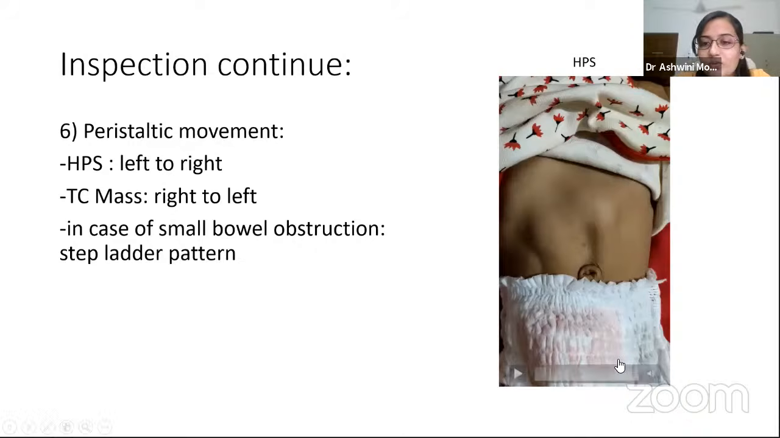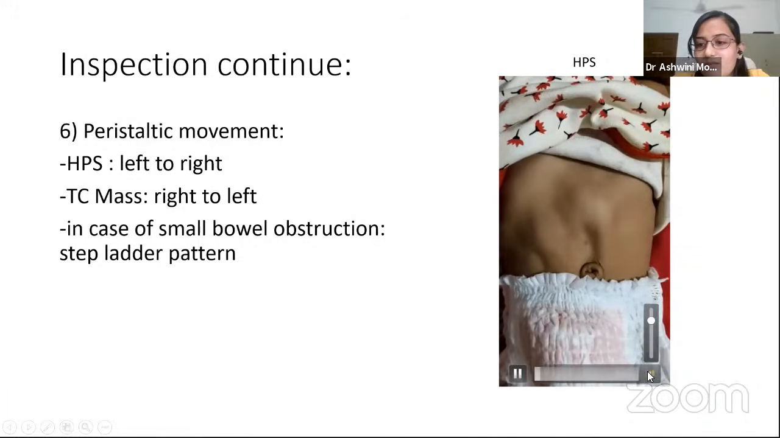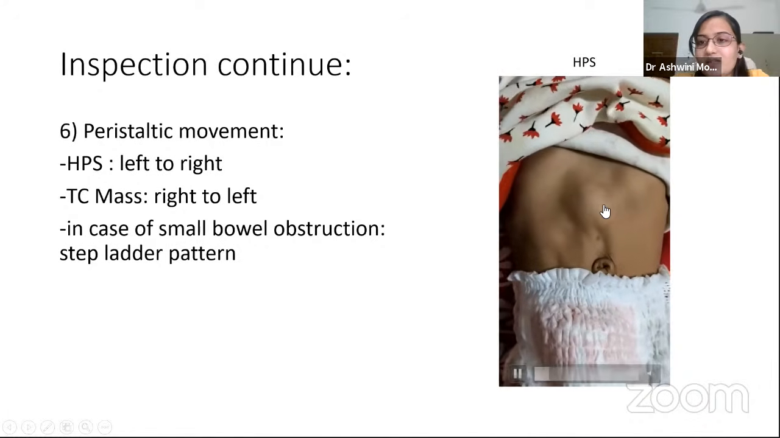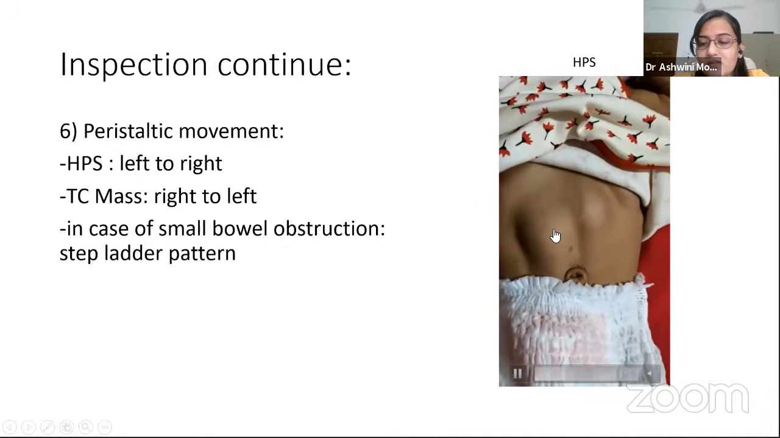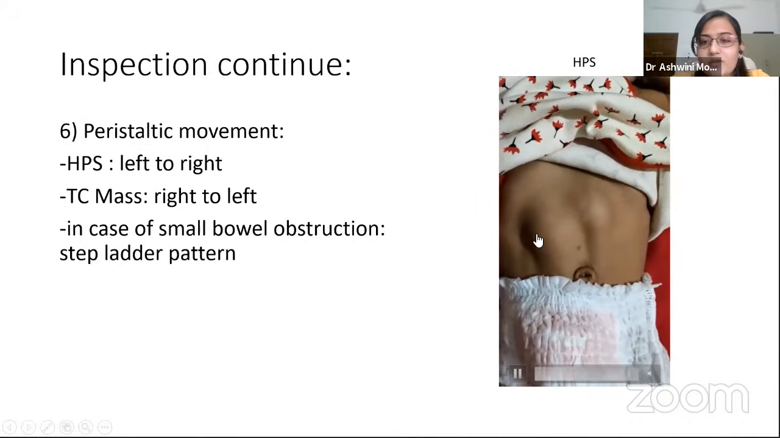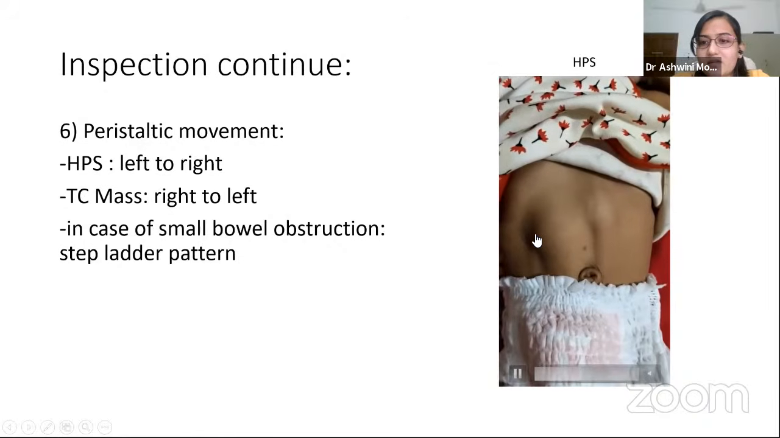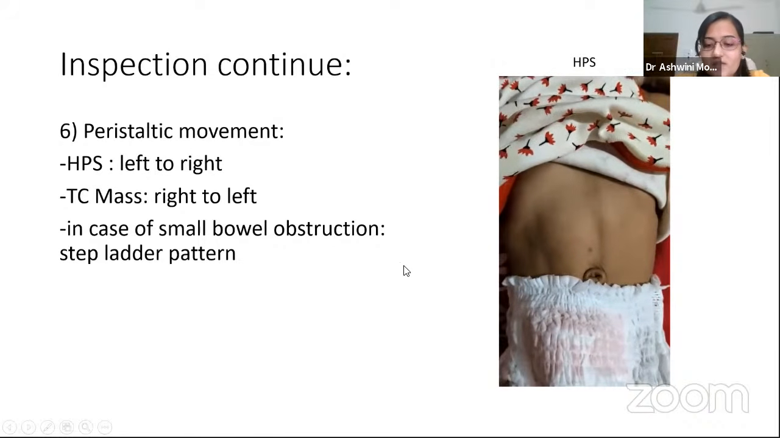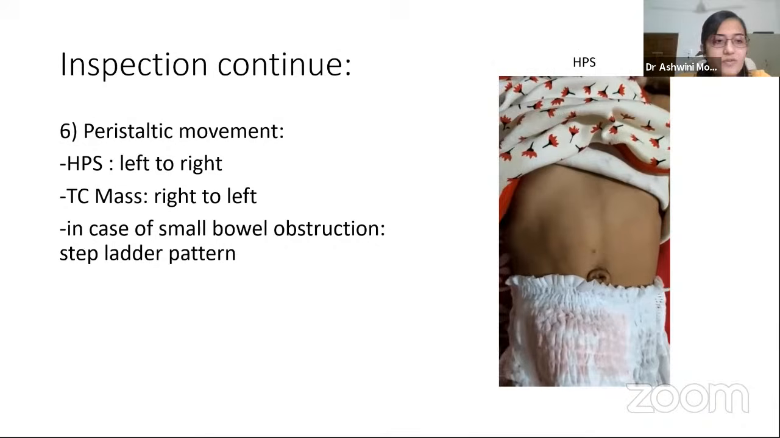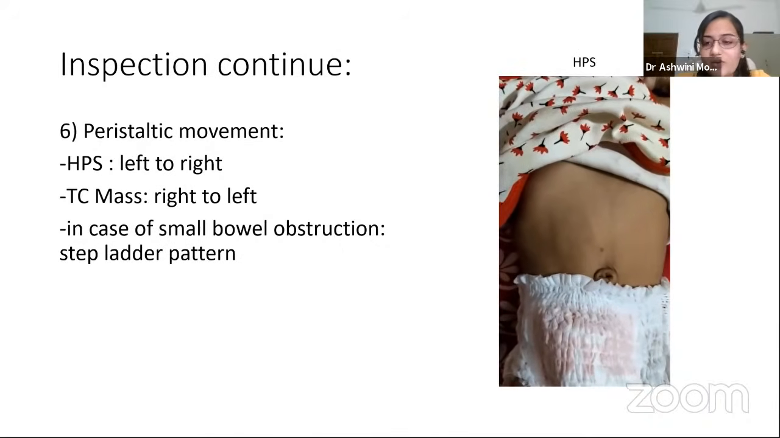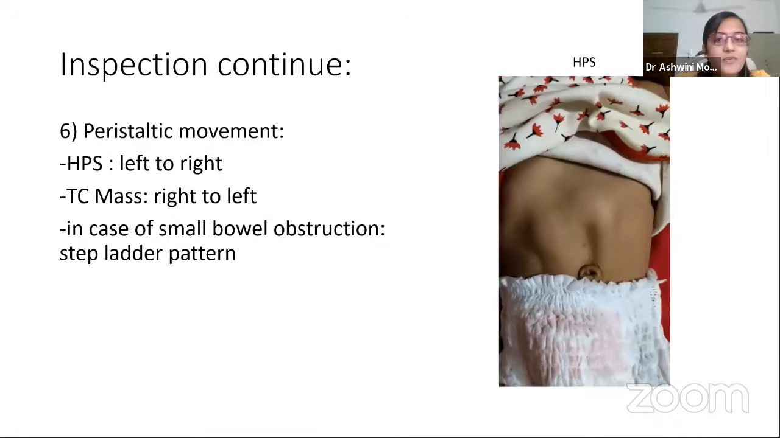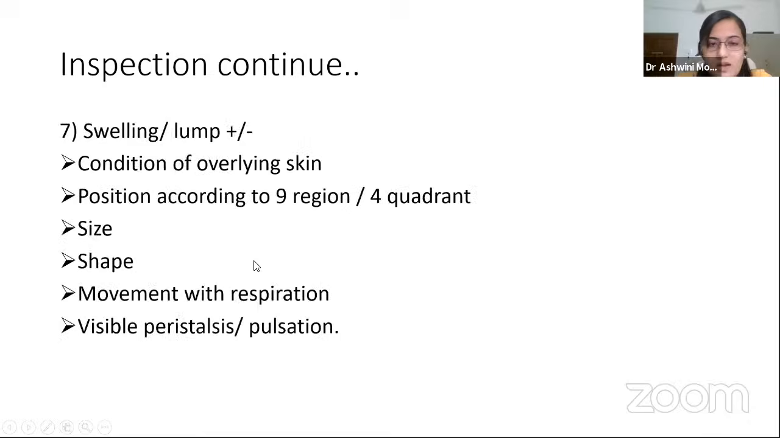Here I have one video to show. You will be able to appreciate this peristaltic movement here. See, if you can see, this is stomach peristalsis going from left to right side. So you can inspect this on the inspectory finding only. You can suspect hypertrophic pyloric stenosis if it is visible. After that,